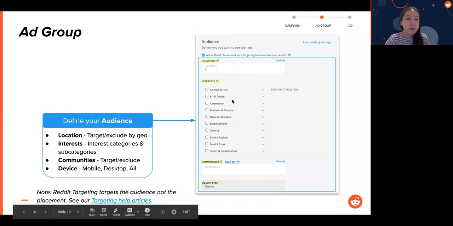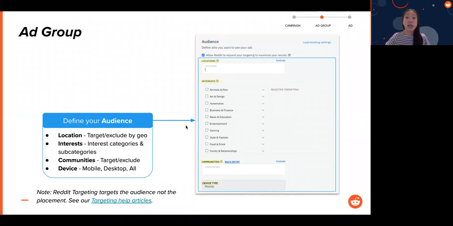So you can have a peek of a few of our interest targets here. The entertainment interest group would be made up of many, many whitelisted entertainment related subreddits. I also wanted to note that targeting on Reddit is not placement targeting, it's audience targeting. So what I mean by that is if I'm trying to target the entertainment interest group within this ad group, it doesn't mean that my ad is only going to show up on entertainment subreddits. What it means is I am going to be targeting